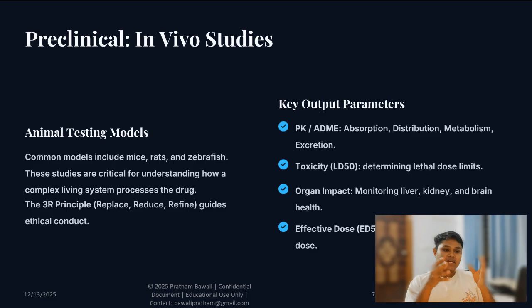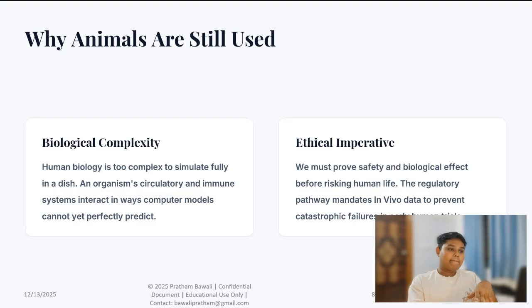Organ impacts: monitor liver, kidney, and brain health. Effective dose like ED50, which is estimating the therapeutic dose. Then why are animals still used? This is a very major question which now takes place. If you know, now the US FDA has made a major decision,